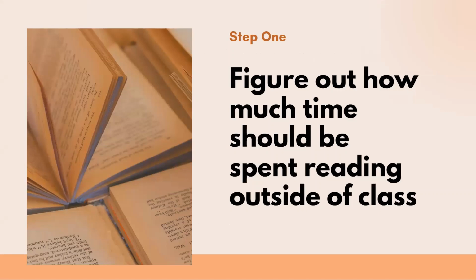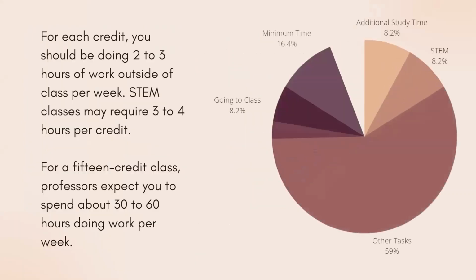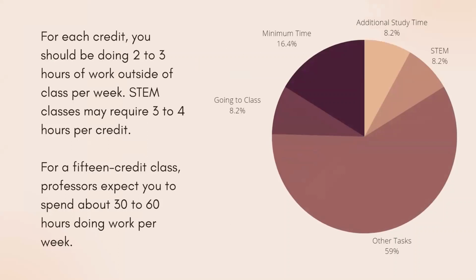Numbers that you may have seen before are the general calculation that for each course credit, you should be doing 2 to 3 hours of work outside of that class per week. This is a slightly higher number for STEM courses. Many STEM courses may require 3 to 4 hours per credit. That means that for a 15 credit class, professors are expecting you to spend about 30 to 60 hours doing